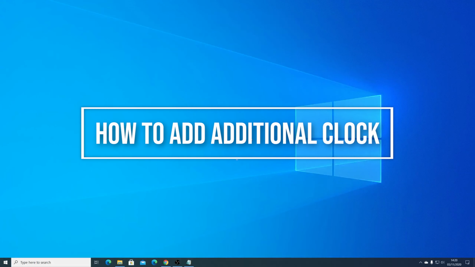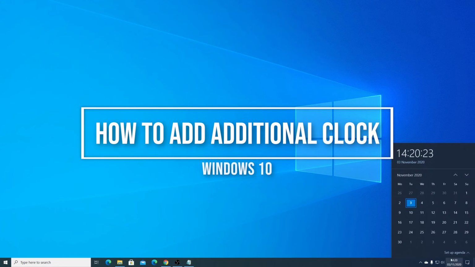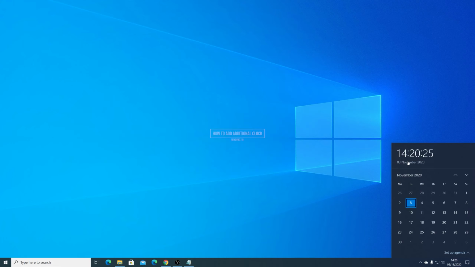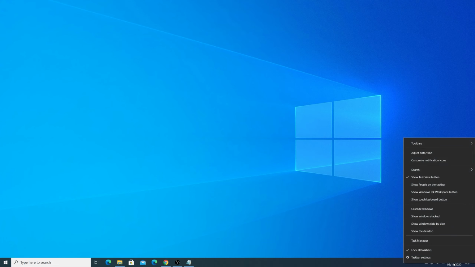Hi guys, I will show how to add an additional clock in Windows 10. So if we left click on the date and time, it will show up the current time zone, time and date. If you want to add an additional clock here, we need to go to settings,